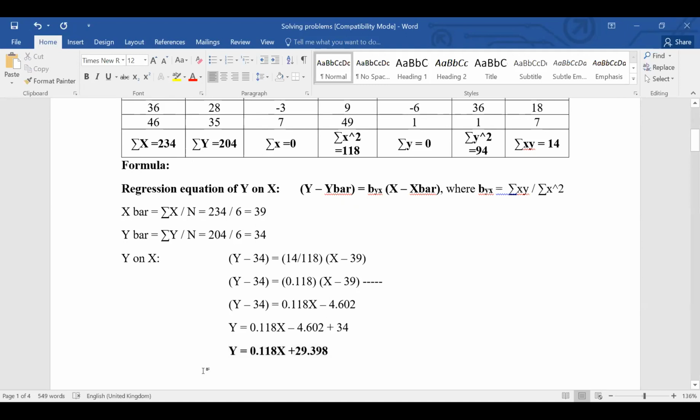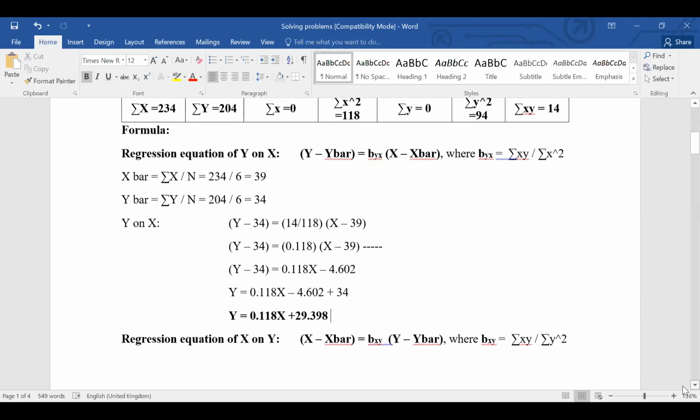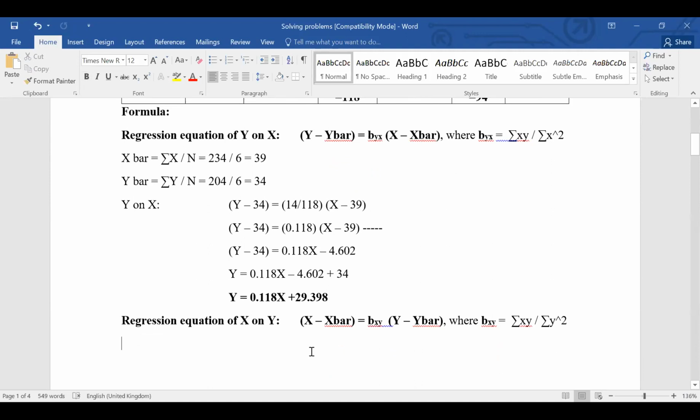Now, did you understand? The first one is understood. Did you get the regression equation y on x? Any doubts? Okay, now can we work out the regression equation x on y? The same thing you have to apply here. Now see, x on y. So x minus 39 into b of xy equal to summation xy by summation y square. Don't put the same value. Numerator will be the same, denominator you have to change.